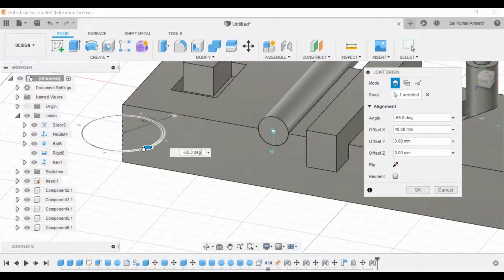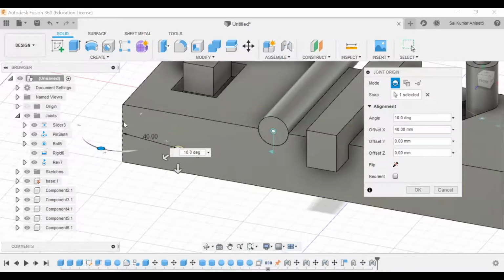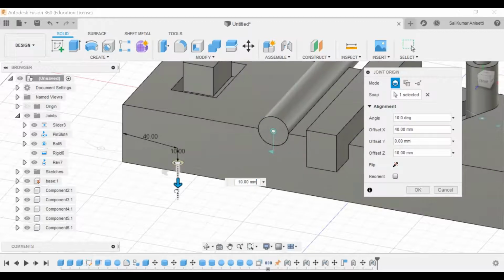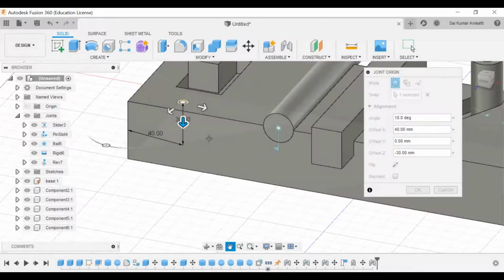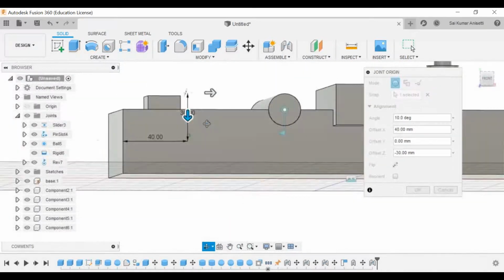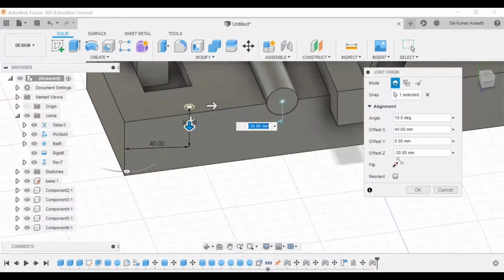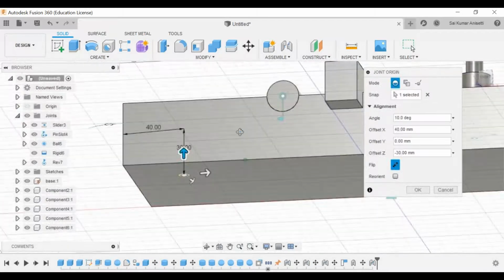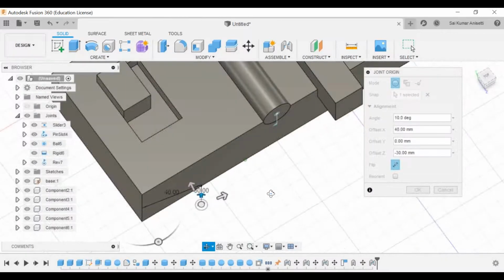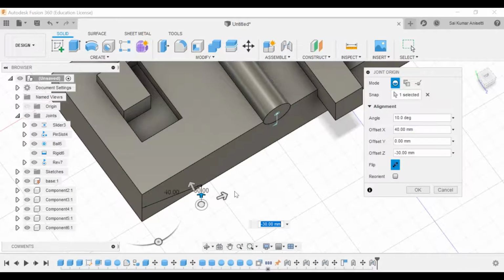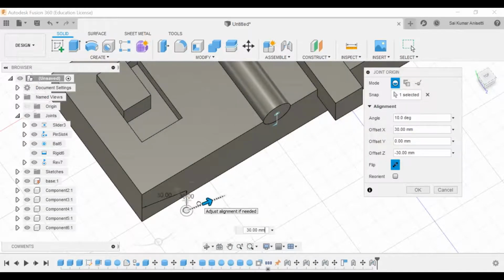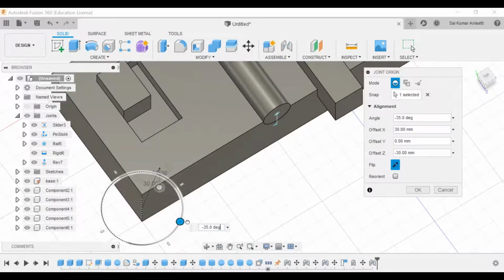If I want to rotate, I can rotate and keep that in another position. And if I want to move it downwards, upwards, wherever it might be, 30. Now I can create my own snapping point wherever it can be. You can give any offset and you can flip it and give your own custom point on your workspace. Now I want to give that 30 degrees and rotate it somewhere else.